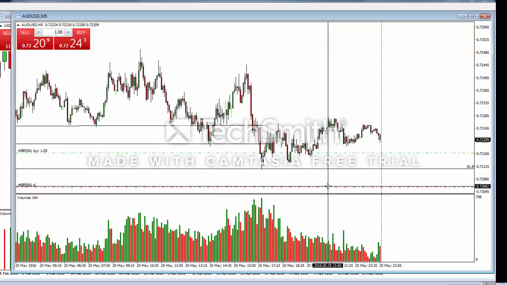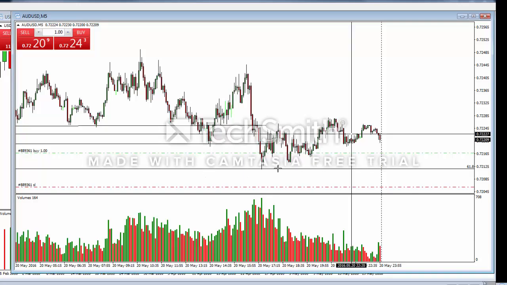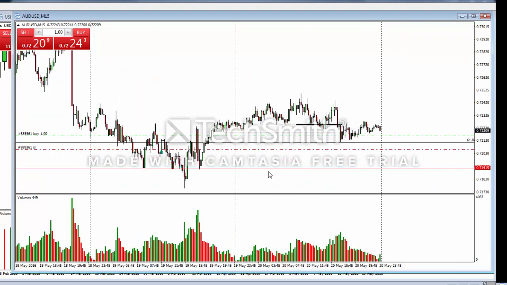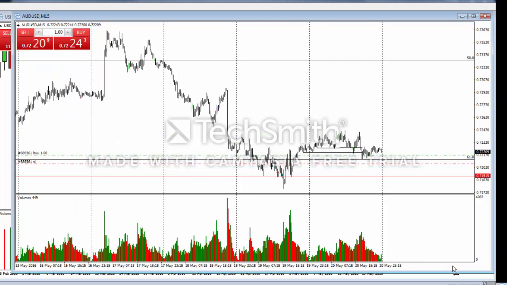Again, you know, we talk about 10 pip stop. There's our 10 pip stop. Some people don't seem to believe you can trade the markets with a 10 pip stop, but you absolutely can. You just need to know where to trade from and what you're looking at. So again, 10 pip stop. Is this going to roll over? This has every possibility of rolling over, and the reason being,